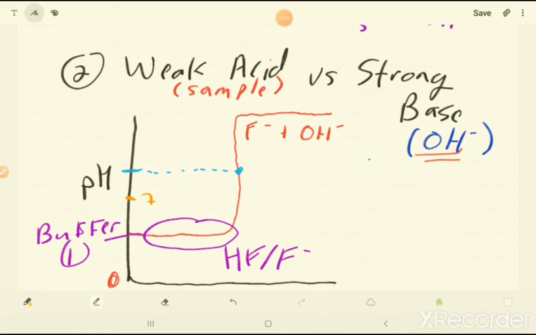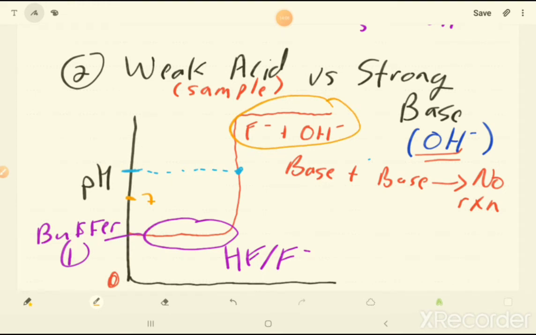But a base plus a base is not spontaneous or not reactive. So we're going to write no reaction at the top. And so the only reason why here that the pH remains constant is because there is no actual reaction at this point. So actually,